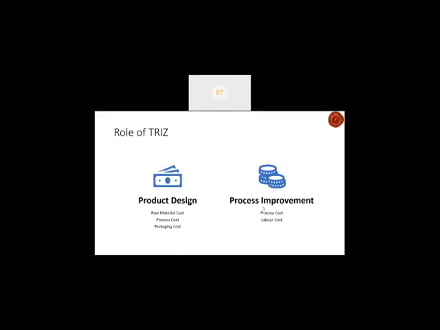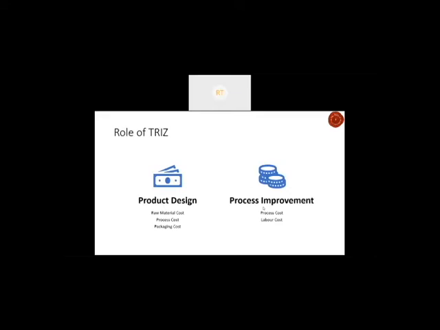Now, going to the process improvement part of it, like we said, it works heavily on the process cost, wherein it tries to reduce a couple of processes in between, or tries to club 2 or 3 different processes such that you don't need a lot of time between them, thereby saving cost by reducing the amount of time needed to produce finished goods out of the raw materials, and of course the labor cost as well.